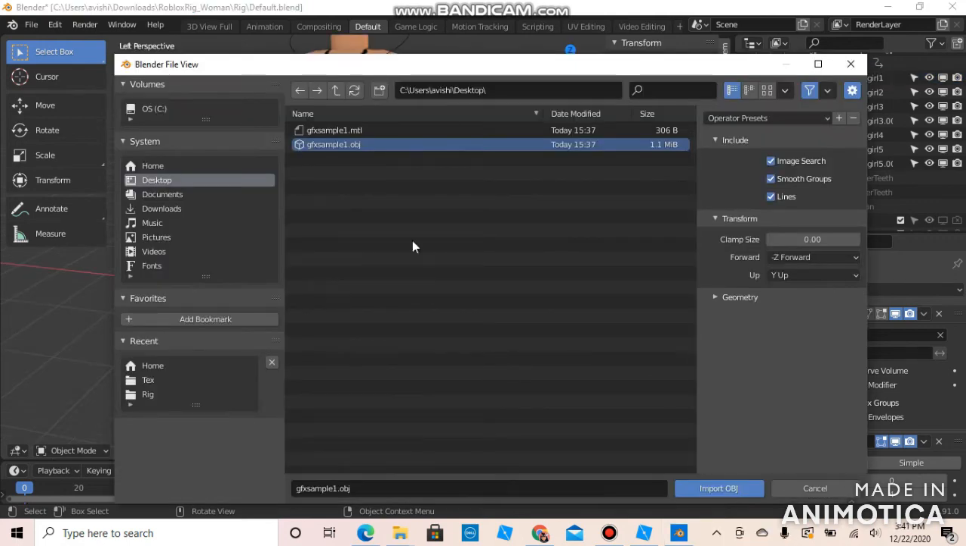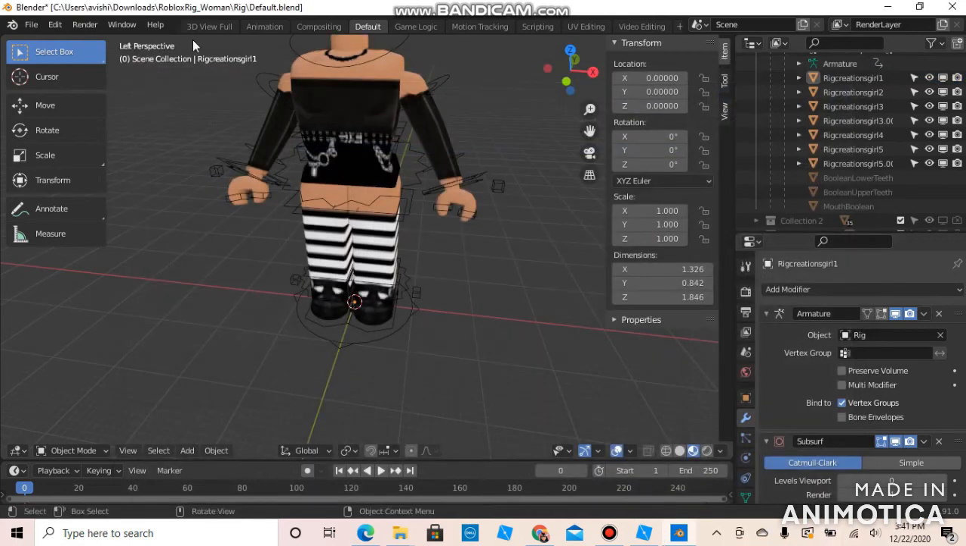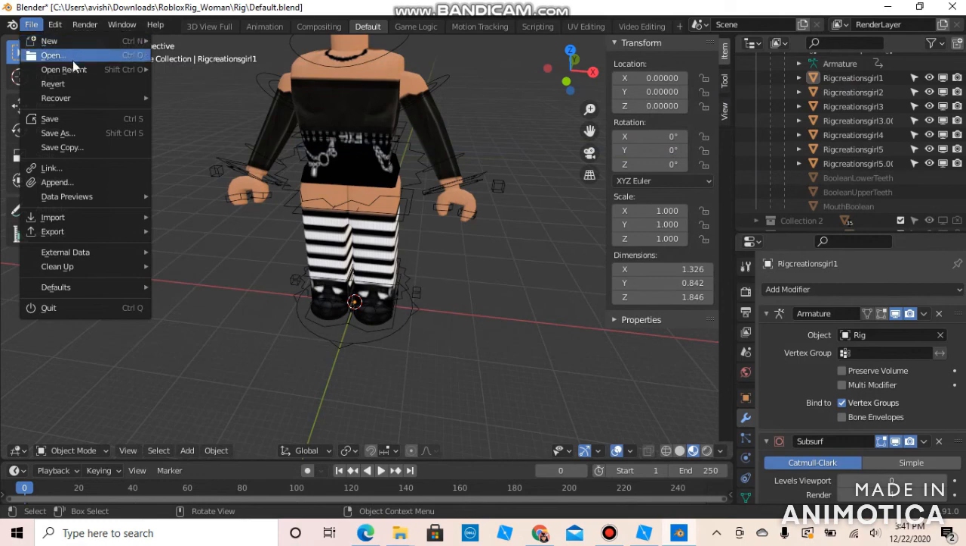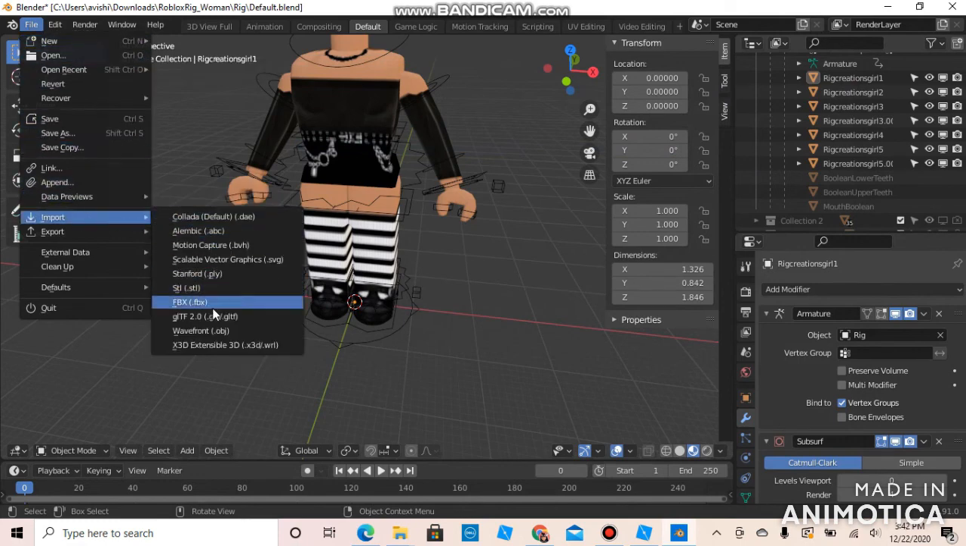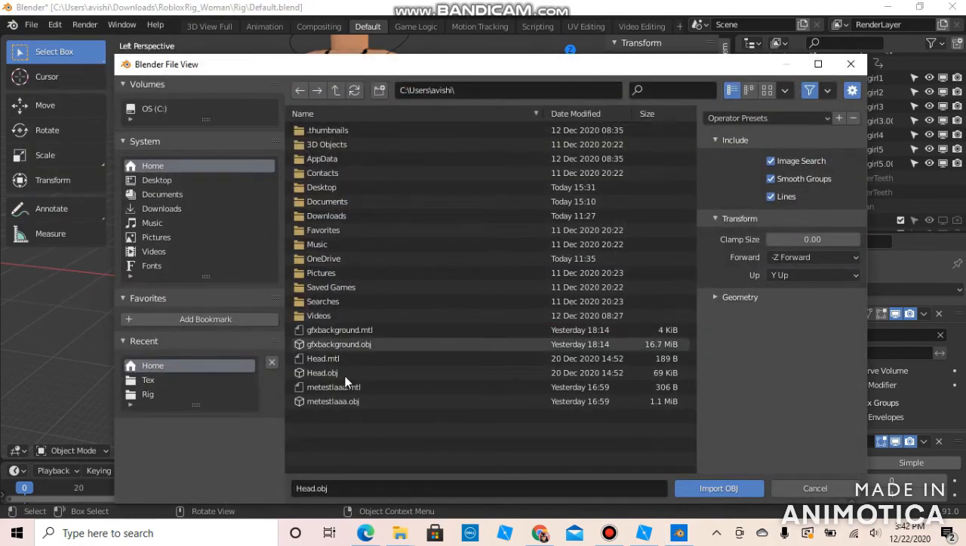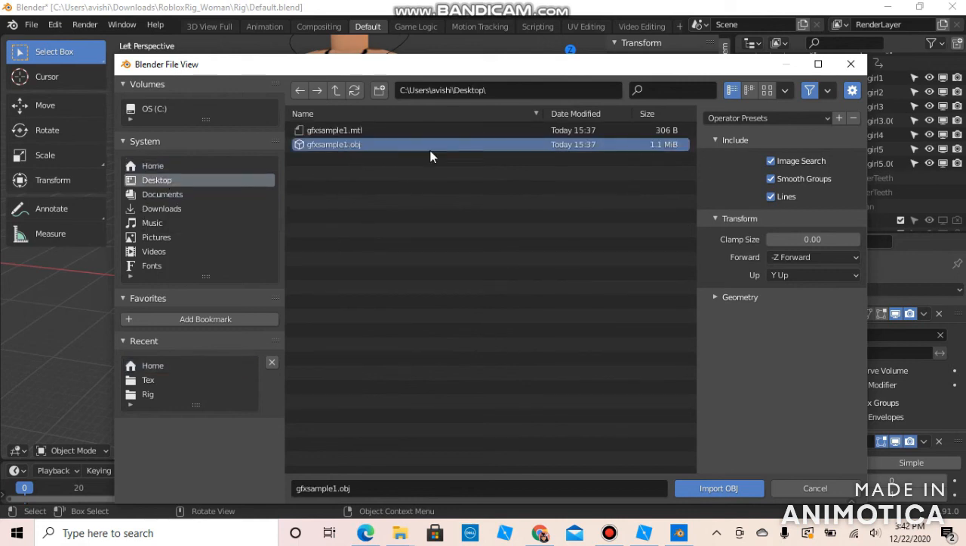Alright, so once you do that, we're going to go to File, go to Import, and wait for an OBJ. If you can't find it over here, don't panic. I couldn't find it, so I panicked, but then it actually ended up over here. So just look through those and check if it's in any of them. Then you want to import the